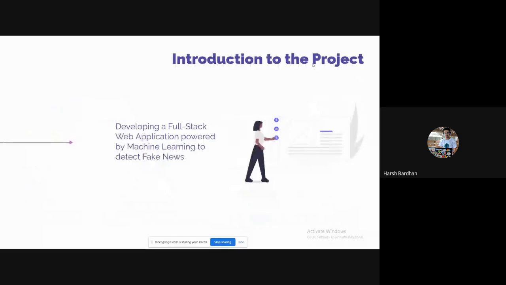So, the basic agenda of this project is to create a full stack web application that is powered by machine learning APIs, which can be used to detect fake news. Fake news is a menace that is plaguing social media and even the governments of many countries. No matter how much we are trying to combat this, it is simply spreading in the current society. Previously, many statistical tools and machine learning models have been developed to combat fake news, but they have not been much reliable.